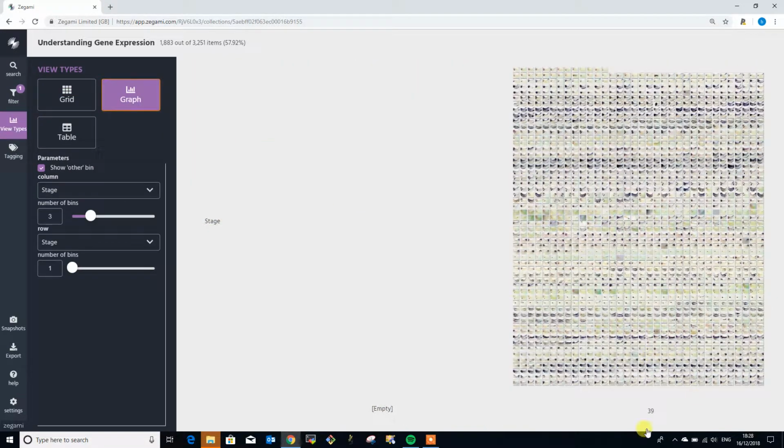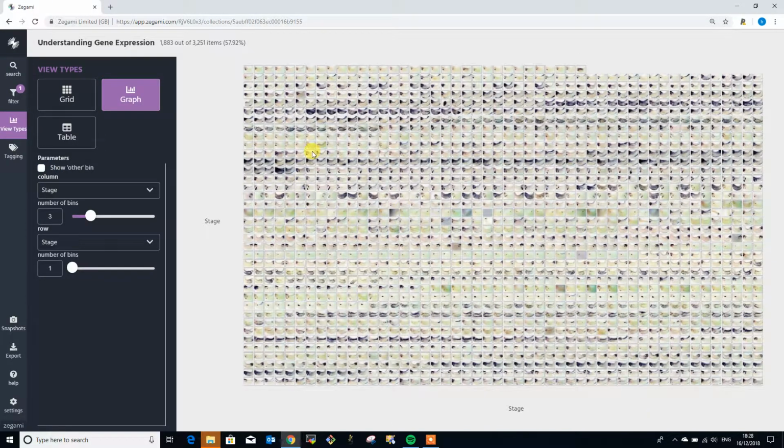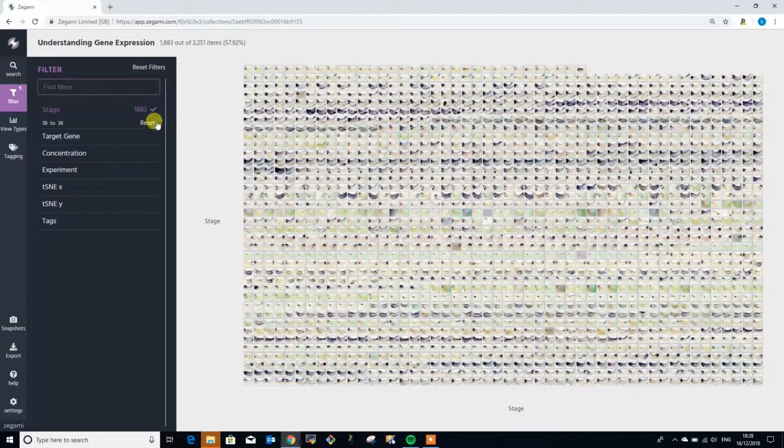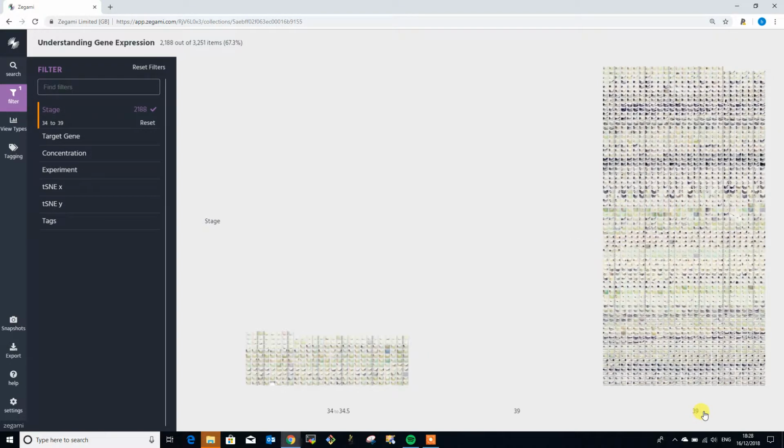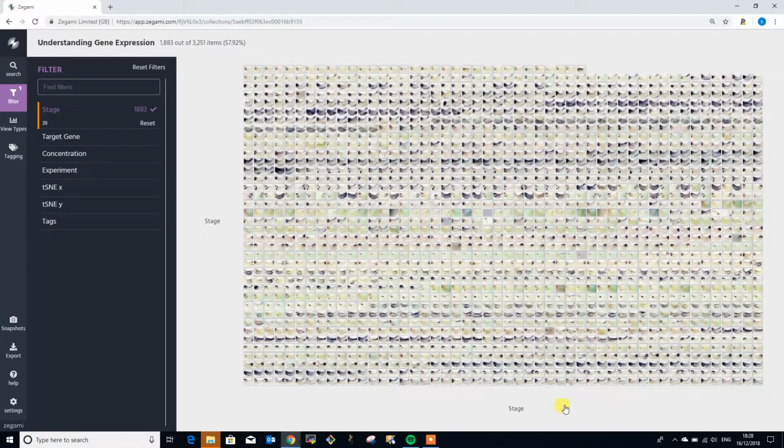If we wanted to do that slightly differently, we could look at this in the graph view, and look at these as different histograms, and we can drill down to any of these particular stages. So we're going to look at stage 39 in this case, and then we're going to look at how a